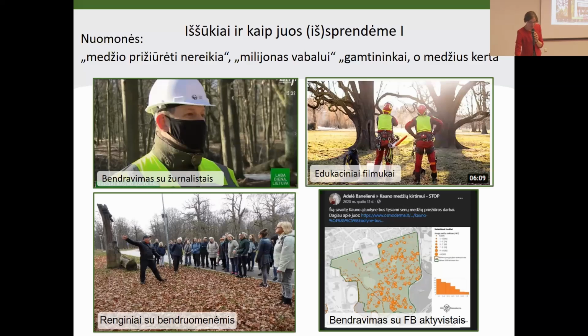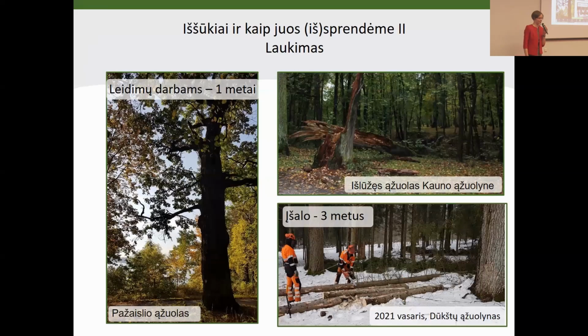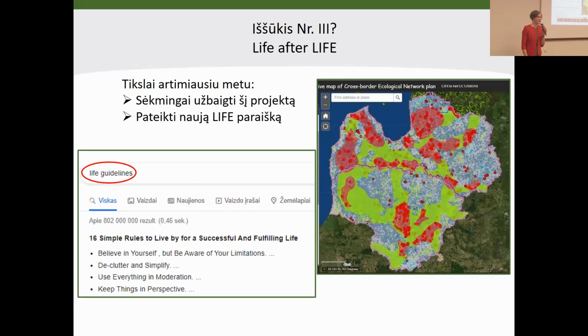Another challenge was waiting. One waiting was for the permits to carry out works, and there was quite a substantial delay, and because of that, trees suffered, not us, but trees, more than us, and some trees could even break. And of course, this is nature, and it's quite difficult to reach agreement with nature. So we also had to wait for 3 years because of the freezing. We had the freezing for 3 years, but last year we had a good winter, and eventually we managed to carry out these works. And the third challenge with a question mark, life after life,